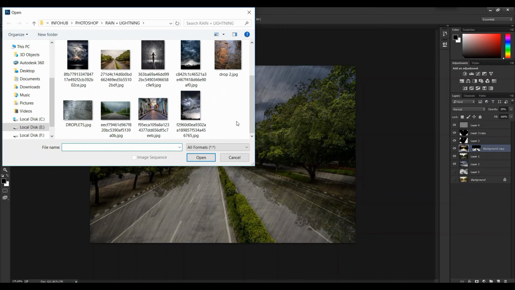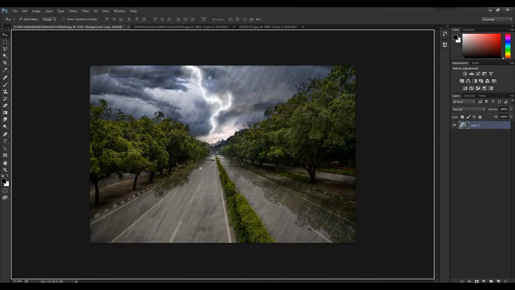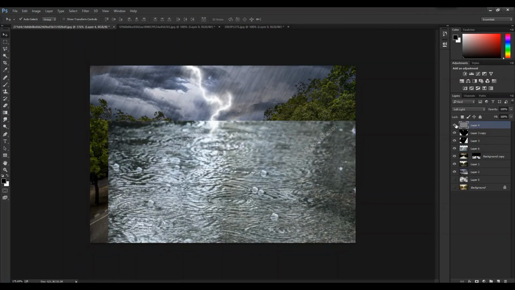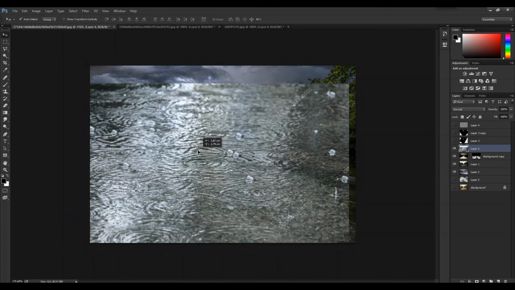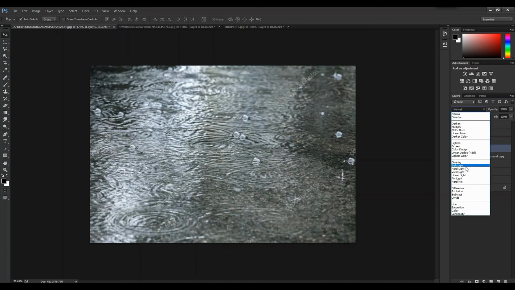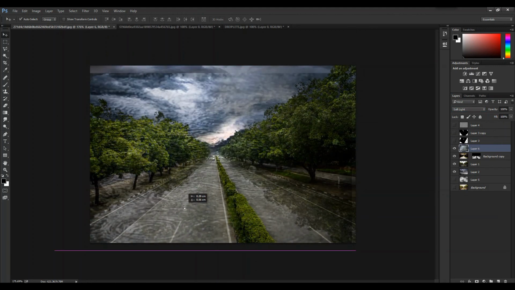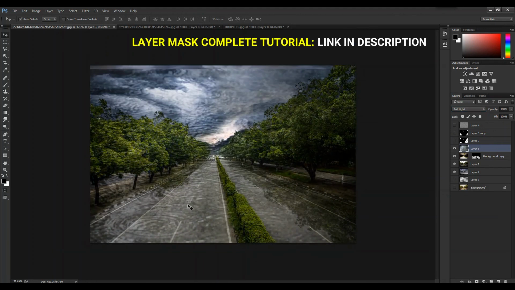It's very simple. You can select any image from Google. And all you need to do is just change the blend mode to soft light. The size of the image, it's not necessary you need to resize it, because you can easily blend it using the layer mask.